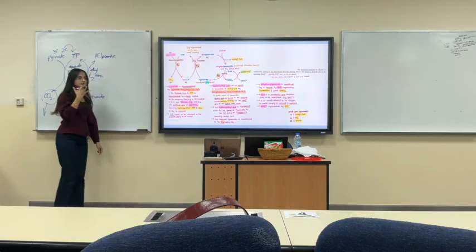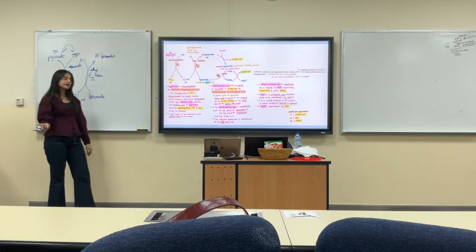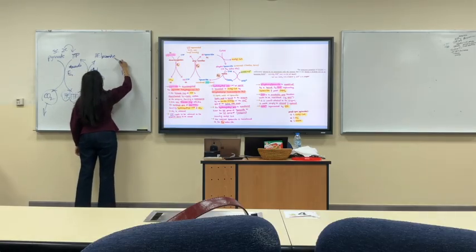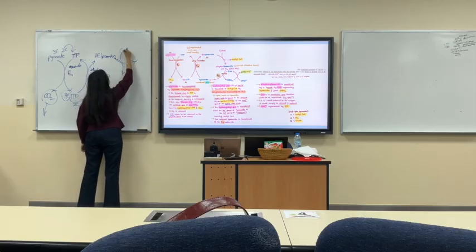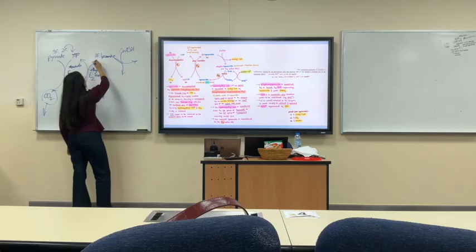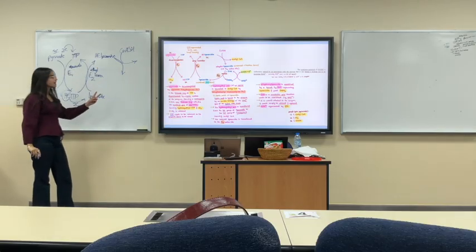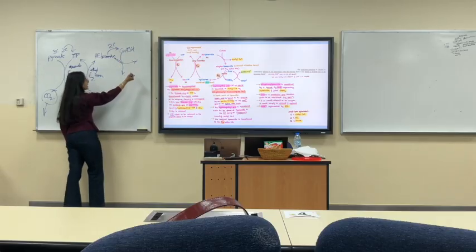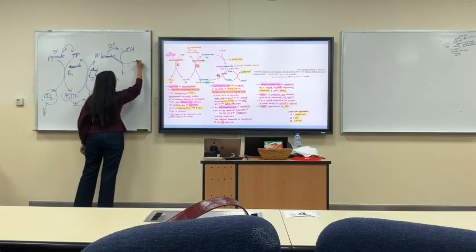So we need to transfer it to coenzyme A to produce acetyl-CoA. So this is what happens. Okay. Coenzyme A, okay, the hydroxyethyl group, the 2 carbons are transferred to coenzyme A to produce acetyl-CoA